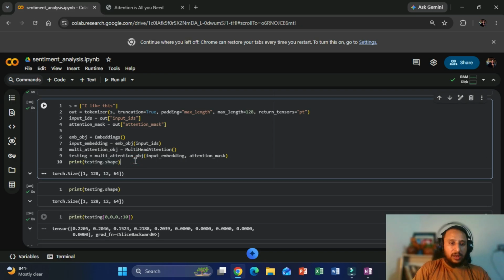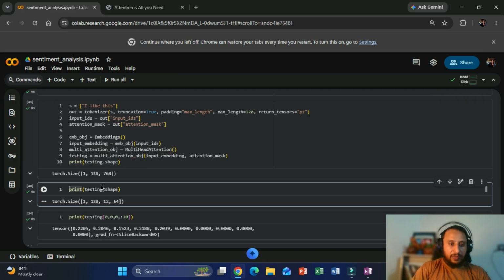Now if I execute this, it says 128, 768. So we again have the same shape of the input embeddings. We passed the input embeddings to the multi-head attention, and then in parallel we executed 12 heads, and finally